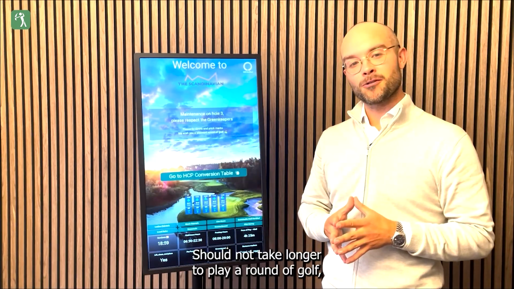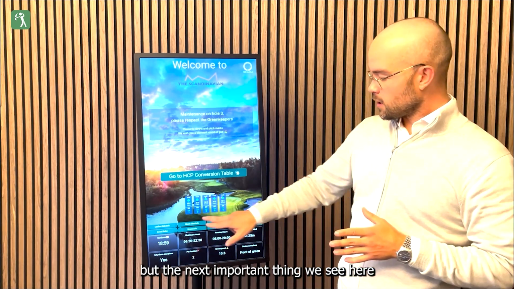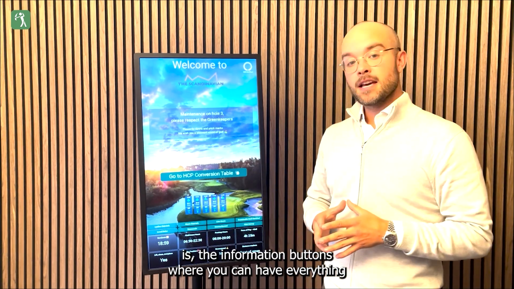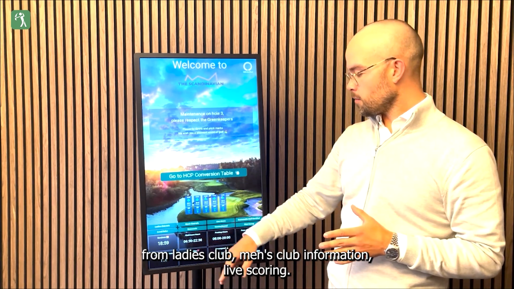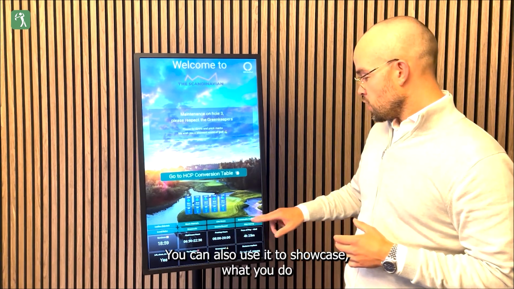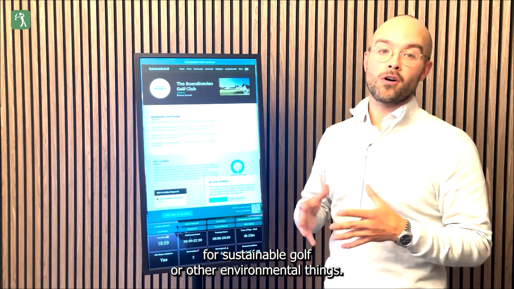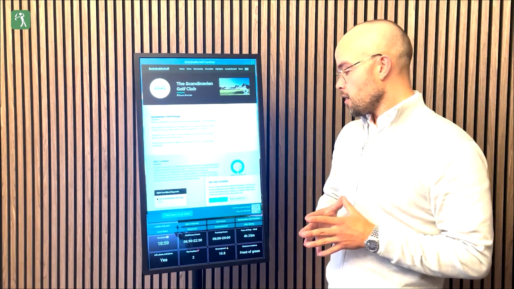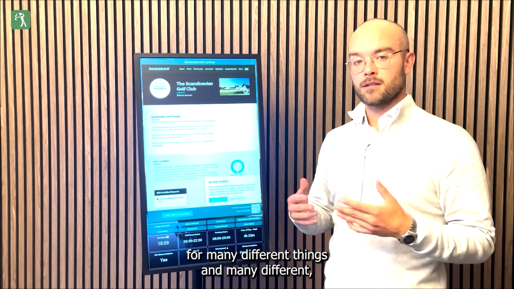Should not take longer to play a round of golf. But the next important thing we see here is the information buttons, where you can have everything from ladies club, men's club information, live scoring. You can also use it to showcase what you do for sustainable golf or other environmental things. We see clubs use this for many different things and many different